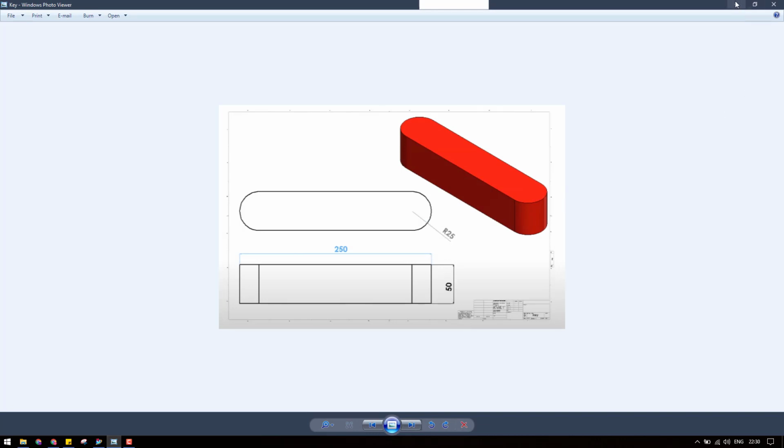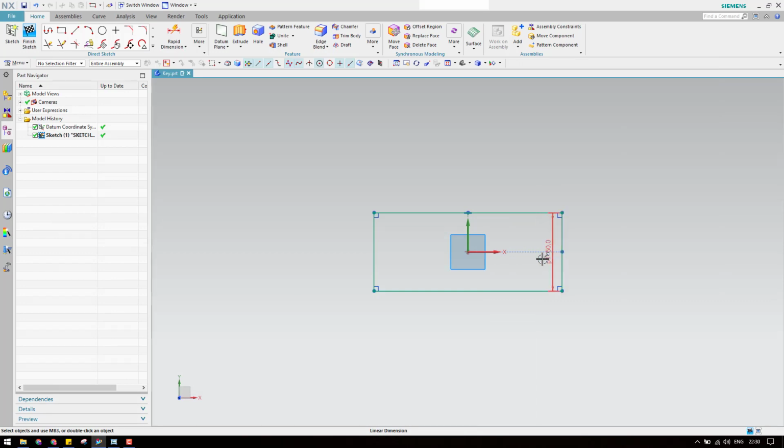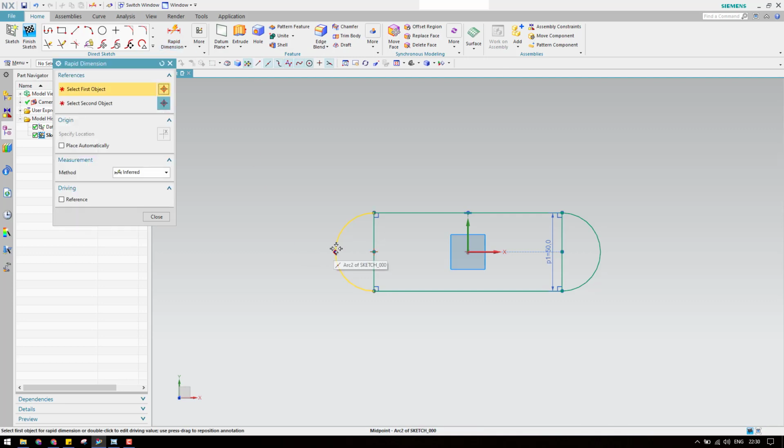So what we will do is, there is an arc here, so we'll go to the arc and select this arc from here to here, and this is again from here to here, and we have a distance from this point to this point, which is 250.